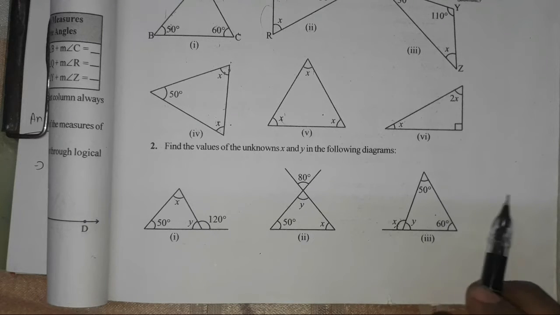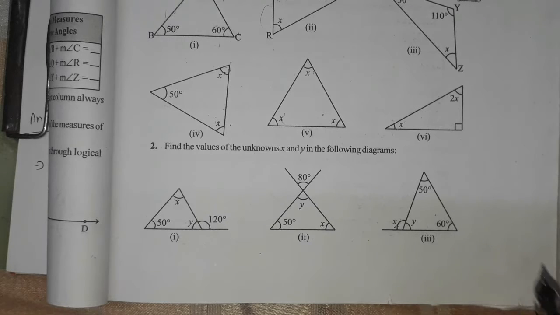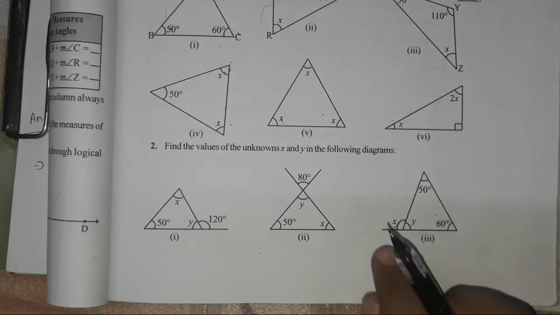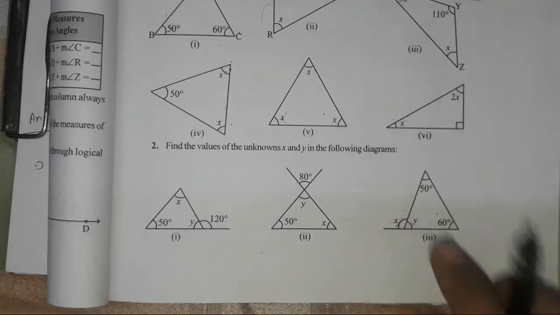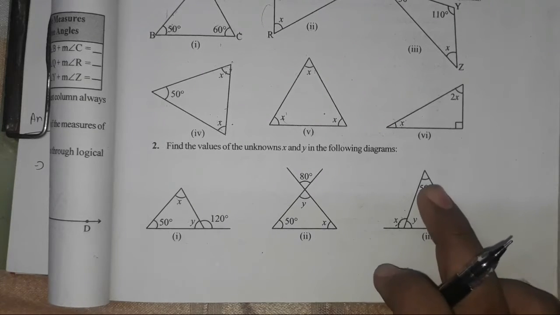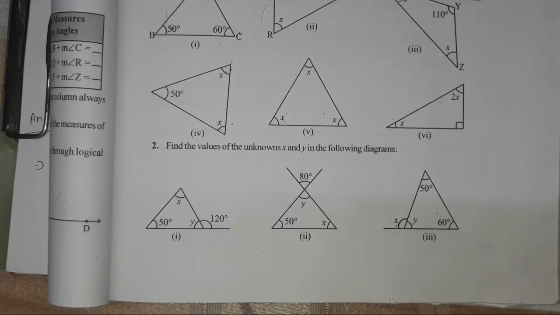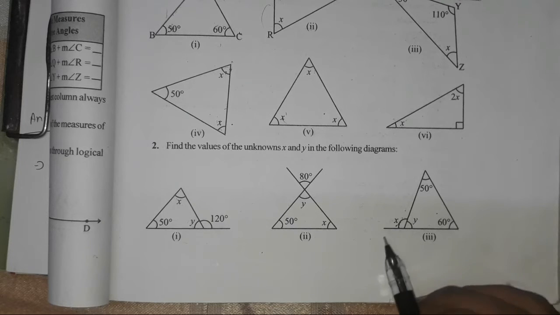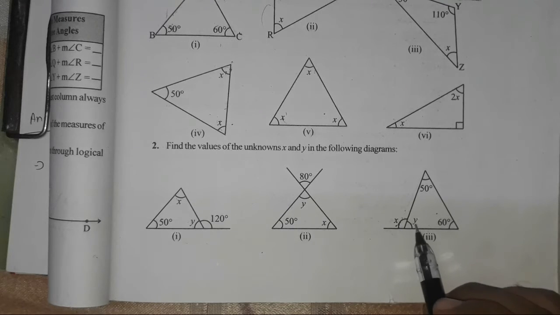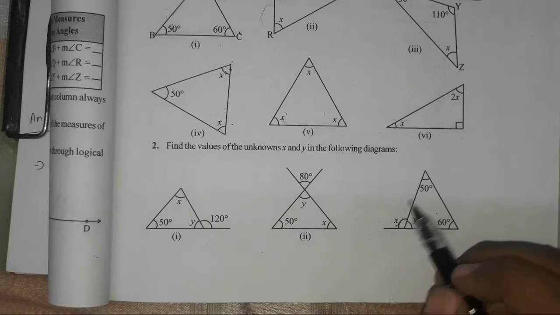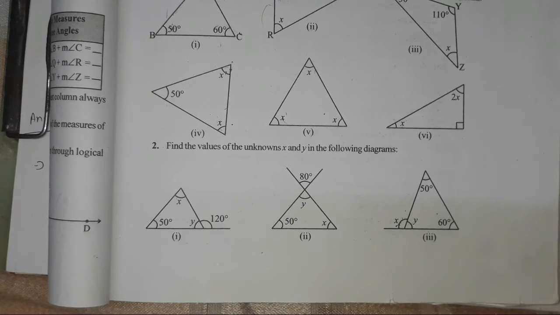And another solution is that using linear pair property. Here I can see a straight line is there, and a common arm is there in between two angles. So at there the measure of angles on straight line will be equal to 180 degree. So here we will do here x is exterior angle, so sum of interior angle is equal to exterior angle. So from that we will get value of measure angle x.